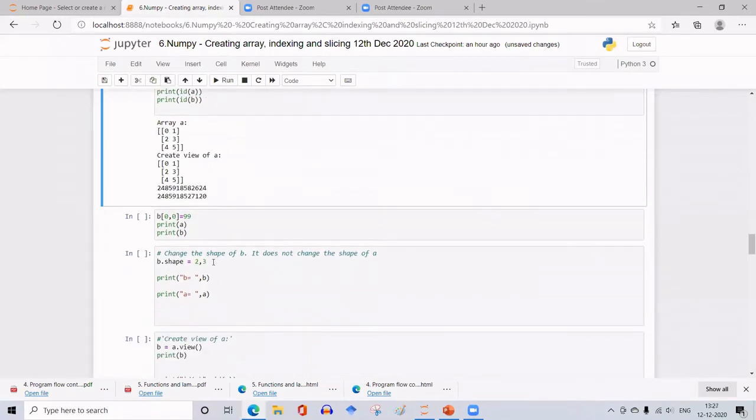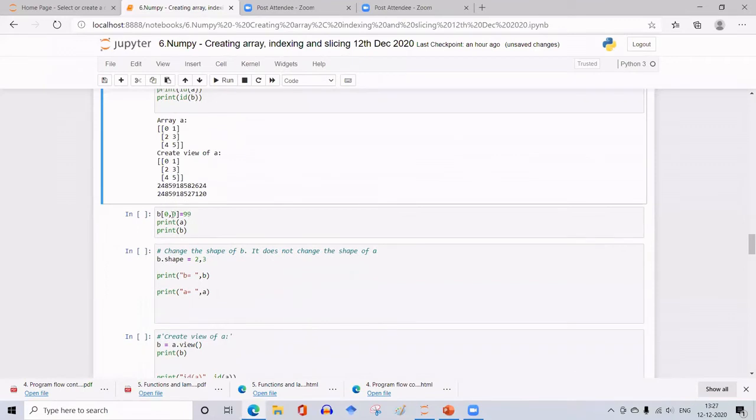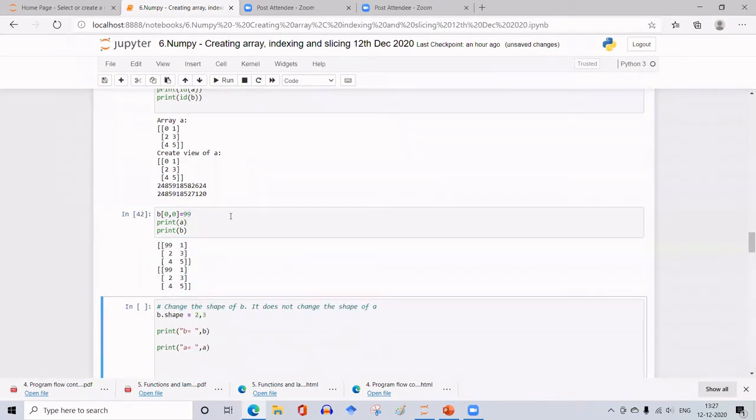Even though they are different, suppose I want to change this 0, 0 element. What is B[0,0]? This is array A and this is array B. What is the element corresponding to this index 0, 0? It is 0, is it not? In place of that, I'm changing it to 99. Now let me print A and B. What happens?